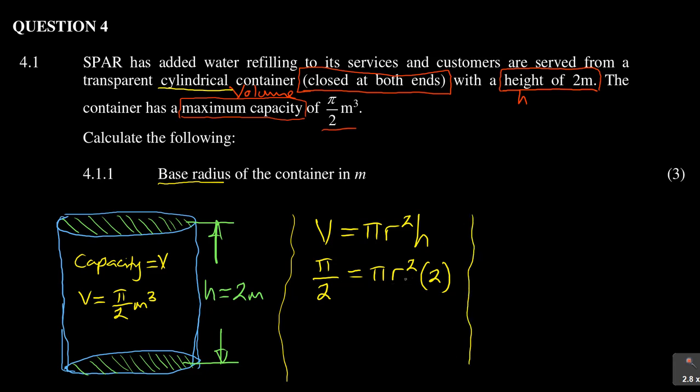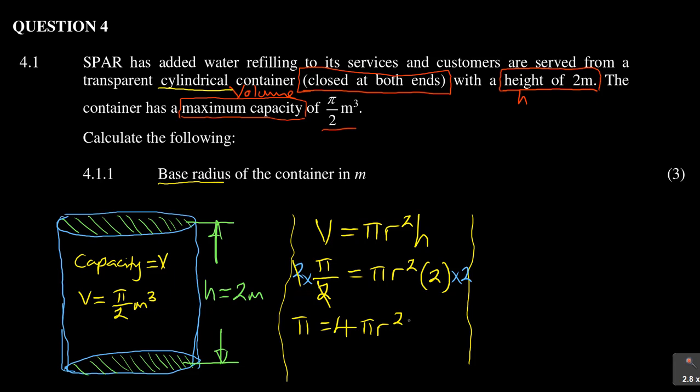As you can see, it is the radius that I'm looking for, and the question says find the base radius there. So how do I solve that? In this case I'm actually solving for r squared. I can start by getting rid of this 2, multiply by 2 on both sides, and if I'm doing that, I'm removing that fraction such that I've got pi is equal to 2 times 2, which will give me 4 pi